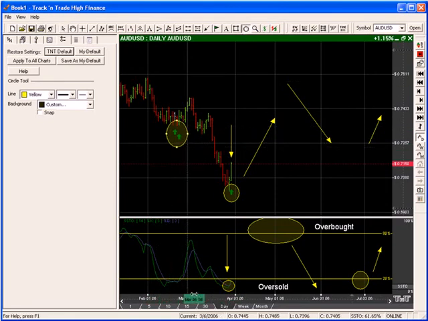Well, why did we get two arrows? We got two arrows because we had multiple crossovers down here in this line. Now what we do with stochastics is we do a mathematical calculation based on the price itself. So as the price moves forward and back, it causes these lines to move forward and back. And once it gets down into the oversold region, and they cross back and forth a couple of times, you're going to get a couple of different arrows.